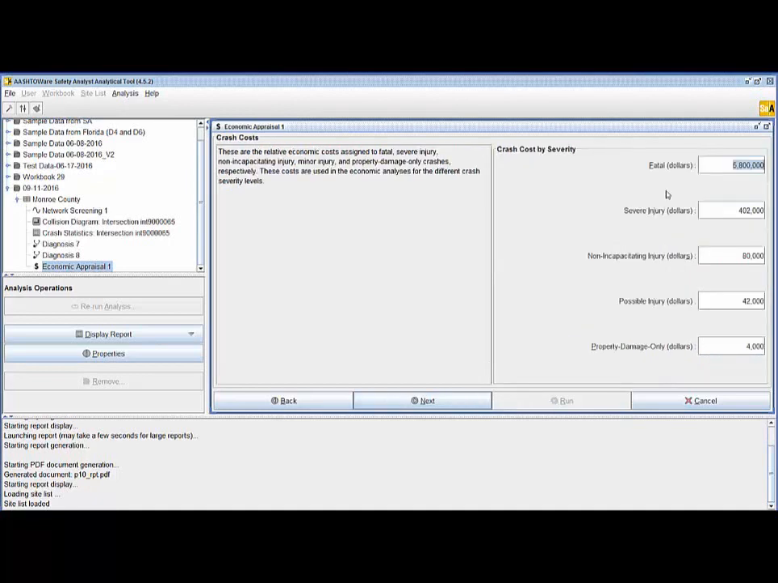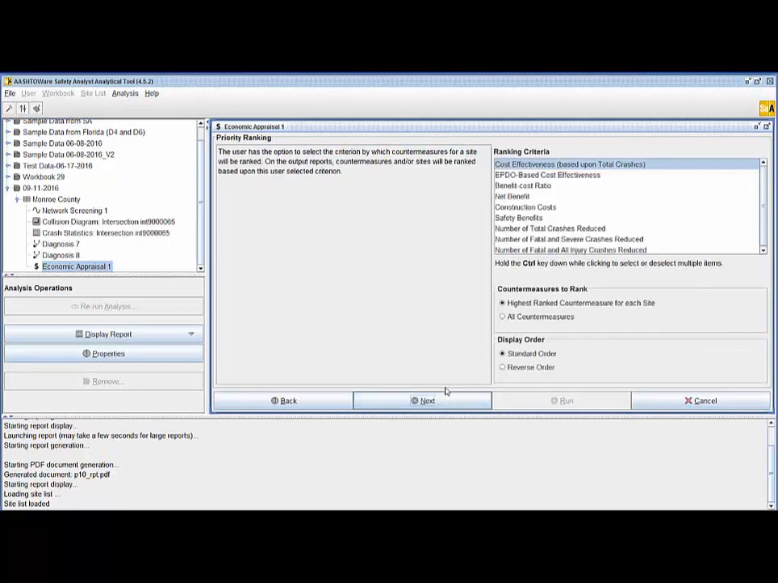Let us hit next, and these are the crash costs by severity. We could leave these crash costs as is or change them. Let me leave them as is, then hit next, and these are the crash weights by severity. Let me hit next, and these are the ranking criteria. We could select just one ranking criteria or multiple. Let me hit control key and select all the ranking criteria,